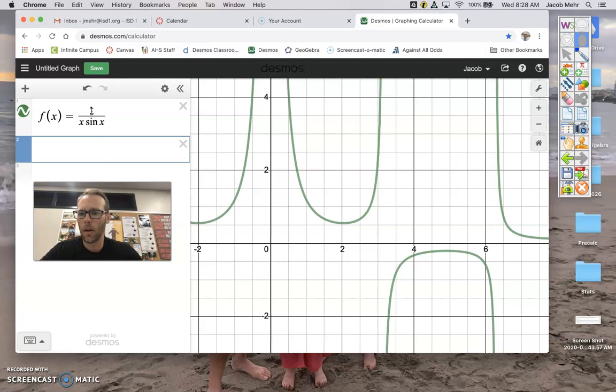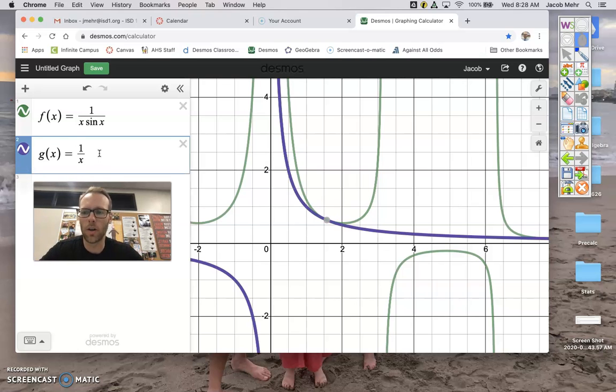Now, I think it's natural on this one, because there's a 1 over x in it already, to compare it to 1 over x. Now, we have to recall, is this convergent or divergent, 1 over x? So 1 over x is underneath. It's between the function that we're trying to determine and that vertical asymptote. Is 1 over x divergent? If it is divergent, then the green one also has to be divergent. However, if 1 over x is convergent,